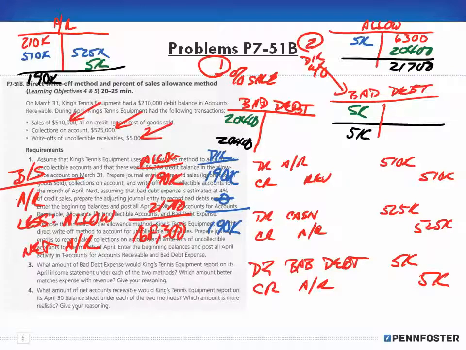Now it says, which amount is more realistic, and give your reasoning. Again, the allowance method is more realistic. Why? Because you're taking either your percentage of sales or using your accounts receivable, the aging method, to make an estimate in this accounting period. So if this is January,